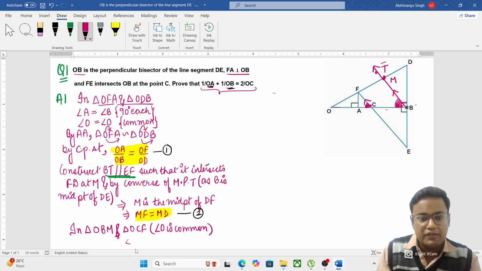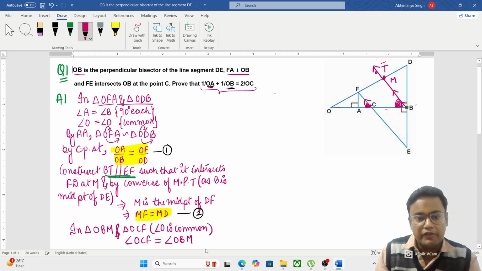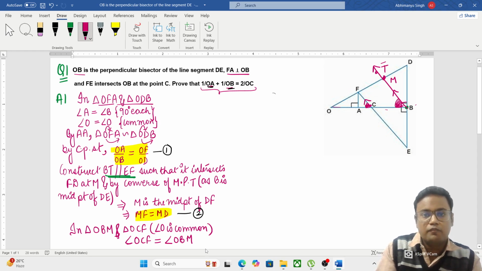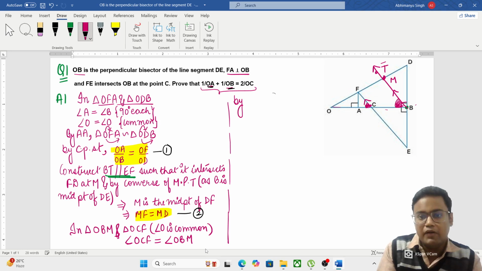So you can say that angle OCF of triangle OCF is equal to angle OBM of triangle OBM, right? Therefore, by double A similarity, again we can say that